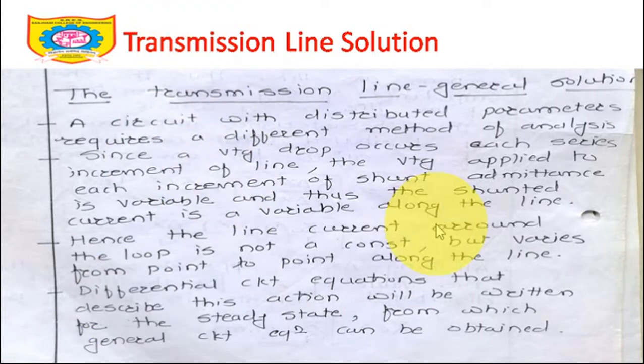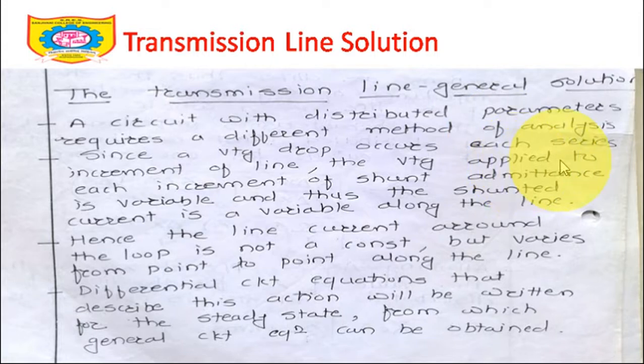Okay, so in the examination, if this question comes, write the general solution of the transmission line, it will be somewhat time consuming, but unless you understand these equations in detail, the further part of the transmission line is very difficult to understand. So a circuit with distributed parameters requires a different method of analysis. Now we have understood the difference between lumped parameter, discrete parameter or distributed parameters. So whenever I am talking about RLGC values of the transmission line, they are distributed over the length of the transmission line and they require a different method of analysis.